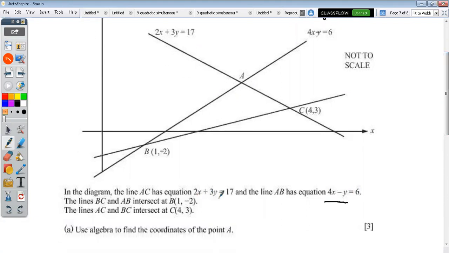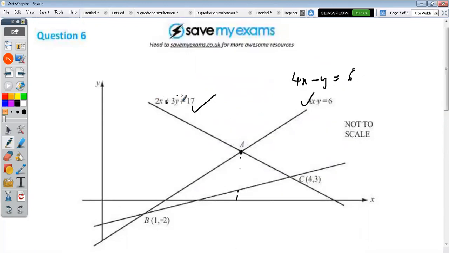2x plus that. Yeah? So what I wanted to mention is that when you want to find this, it's when this equation is equal to this equation. The point where these are equal is how we find these coordinates. When two lines intersect, at the point where they intersect, those equations are equal. Is that clear? So we have this equation here, but we have to rearrange them so that